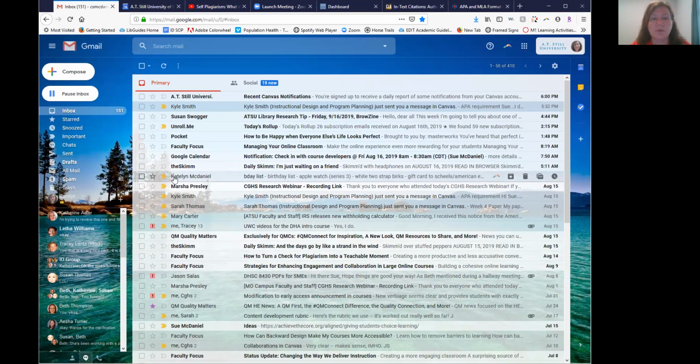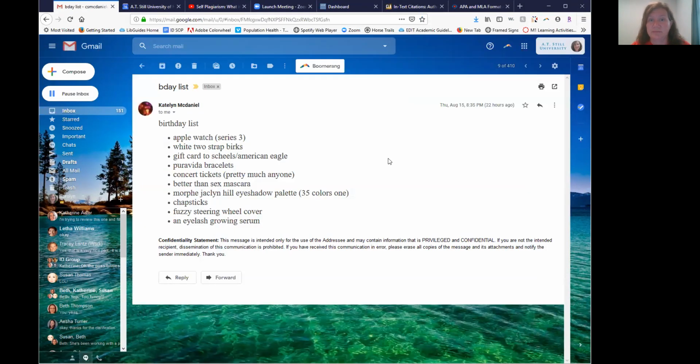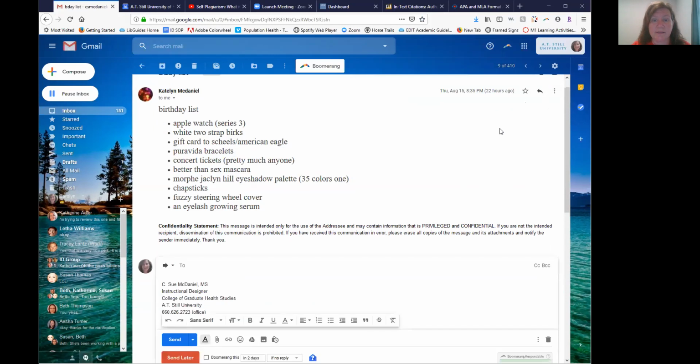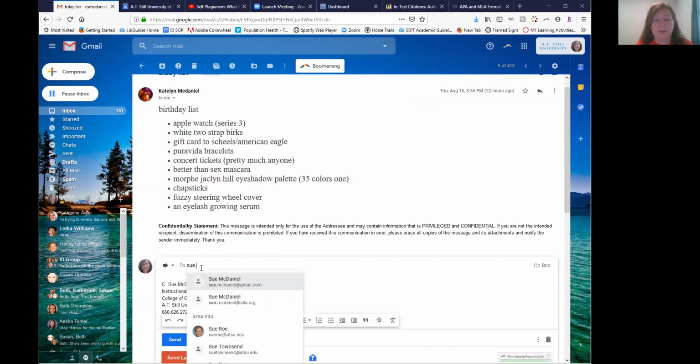And so what I'm going to do is I've got an email here from my daughter. She sent me a birthday list. Her birthday's coming up next month, and so here's her list. If I go over here to these icons on the right-hand side, and I can click on that, and now I can forward this email. So I would click that and come down here, and maybe I want to forward this just to my personal email. So I would put Sue McDaniel